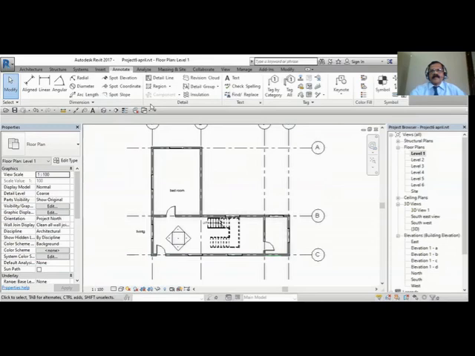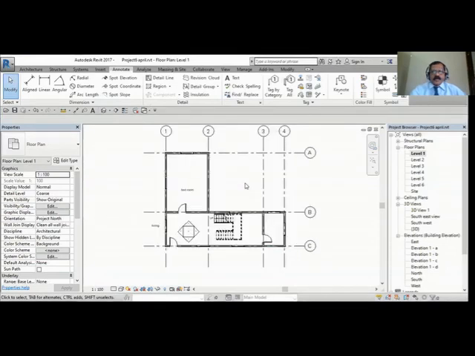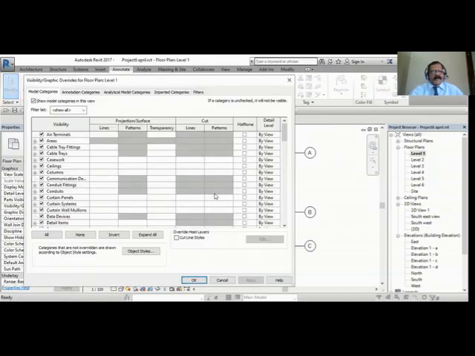Suppose you want to hide all the doors. That was temporary, and you get a blue enclosure here. But you can use another method called visibility graphics, VG. So either you go to view here, or you can say VG, visibility graphics.